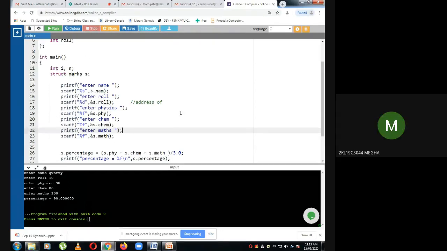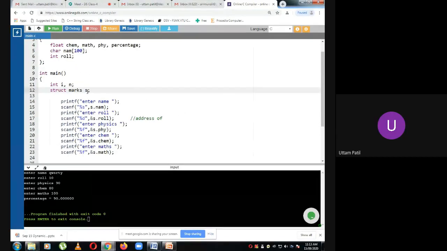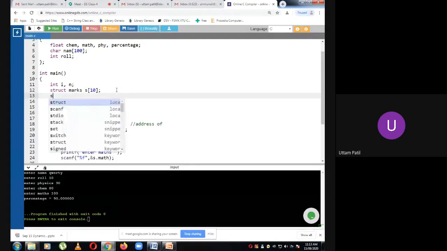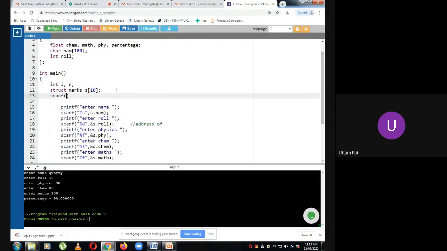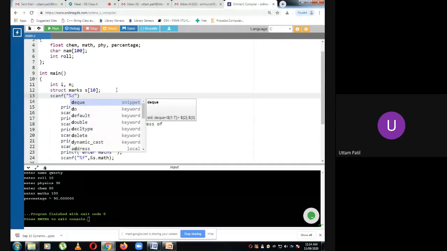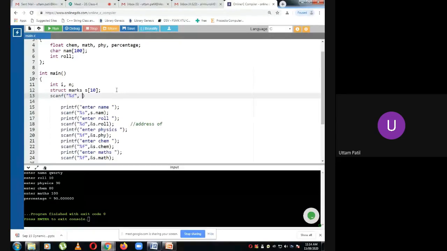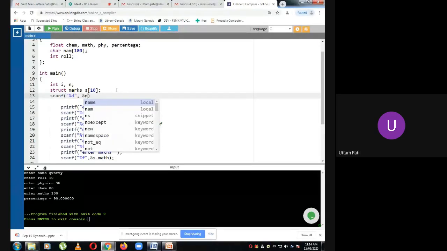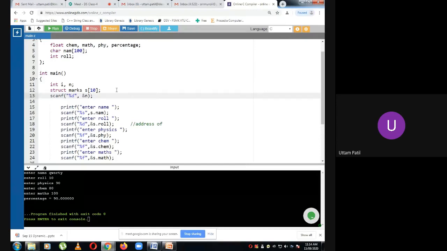Now we want to do it for 10 students or more or less than that. So now you have to write scanf for n, that is how many students you want: percentage d, then address of n. So I want to do it for n number of students.